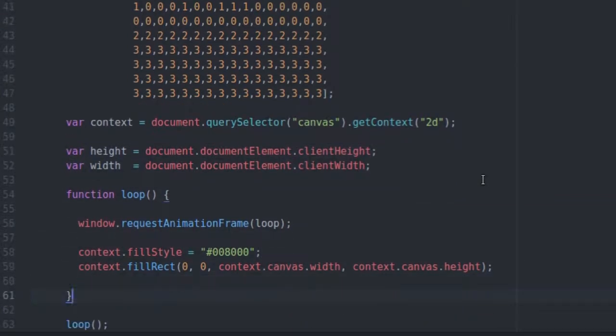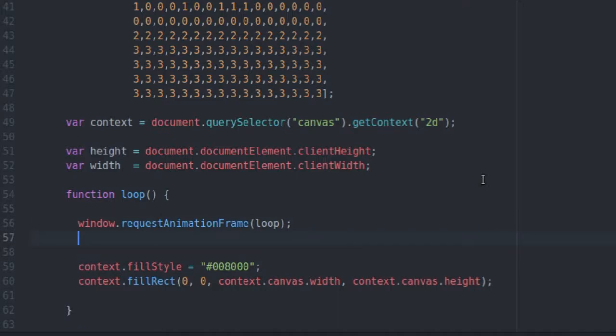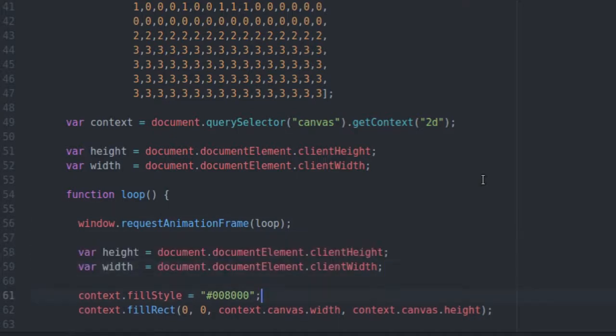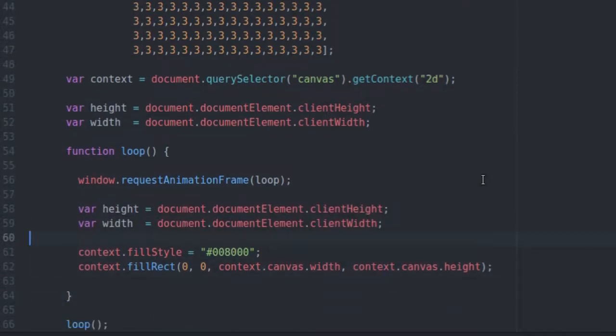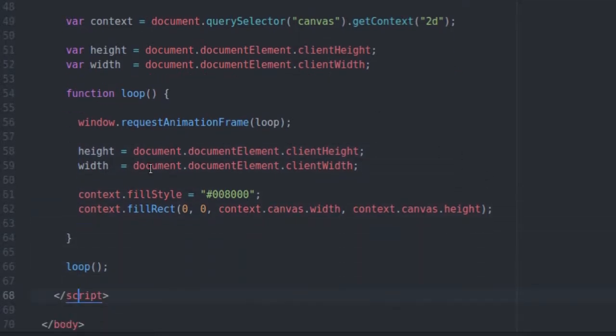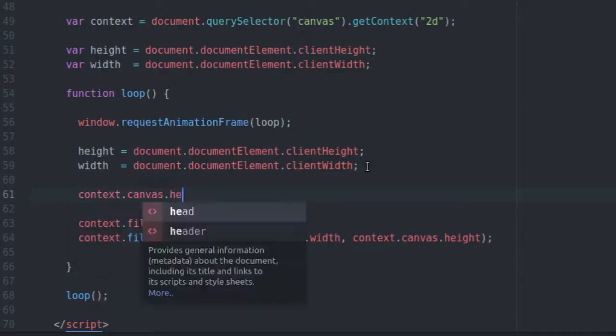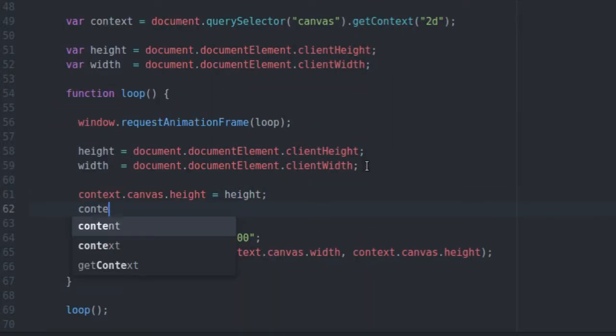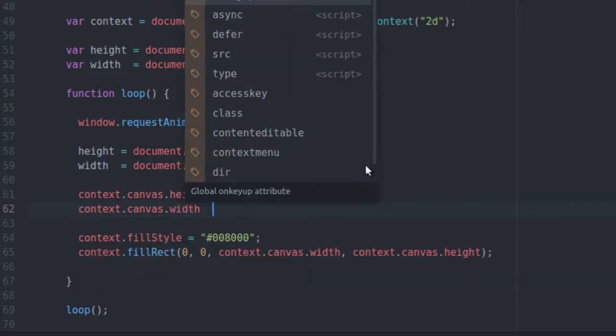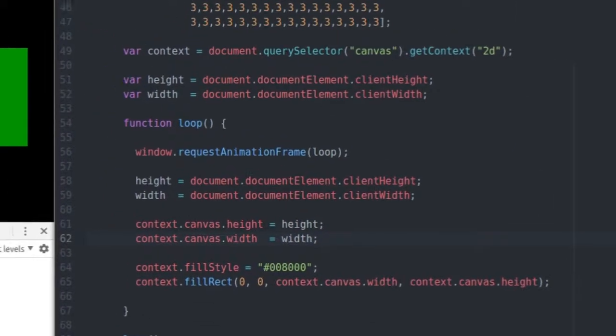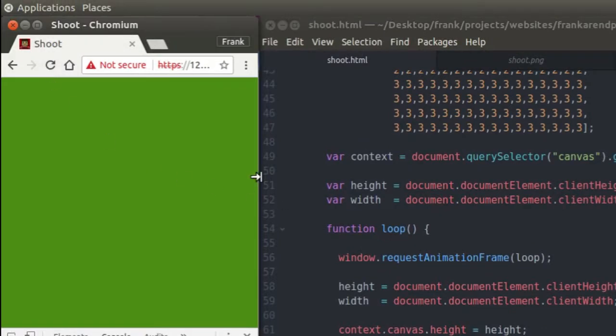I'm going to bring them into the game loop where we're going to redefine them on every frame just in case we resize our browser window. I'm going to get rid of the var. This way we're not redefining those. Not that it would really matter much, but you don't need to have frivolous declarations when you don't need them. Then, before I draw to the canvas, I'm going to say context.canvas.height equals height, context.canvas.width equals width. Alrighty, and then I'm going to save, I'm going to refresh, and as you can see, my